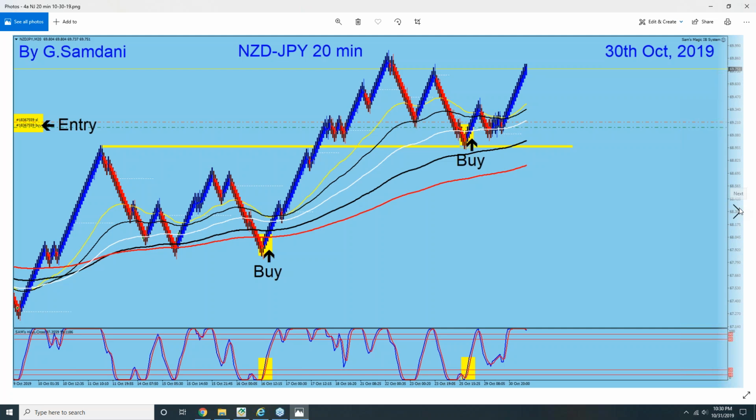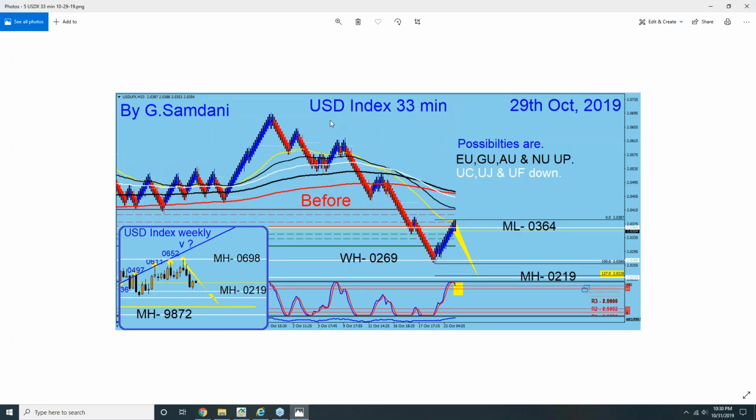So let me show you something else. Similarly, I had this index, US dollar index, 33-minute trade setup. We don't trade these, but the setup. 33-minute chart is my guidance chart. It guides that, okay, this is what's going to happen, and if this happens, what will happen to the pairs